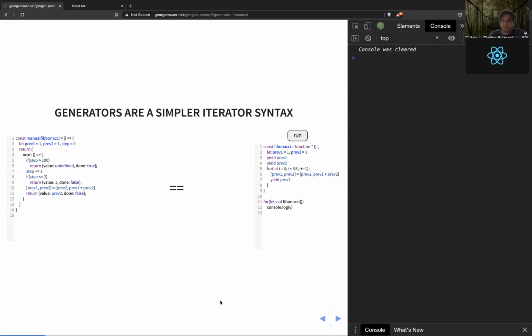Now here's the deal with generators. They're that exact same thing, except a much, much simpler syntax for it. So this type of thing on the left could be done all the time and everywhere. You could do that in Java. Languages that have iterators have this additional syntax. In JavaScript, it happens whenever you do function star.